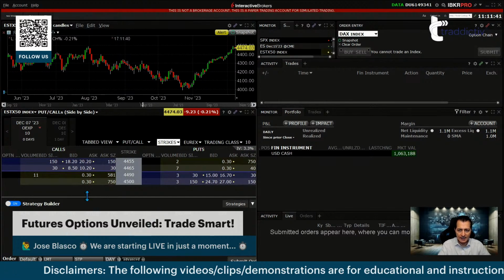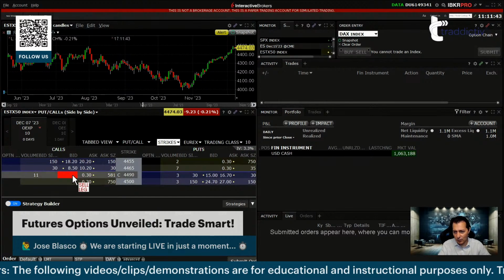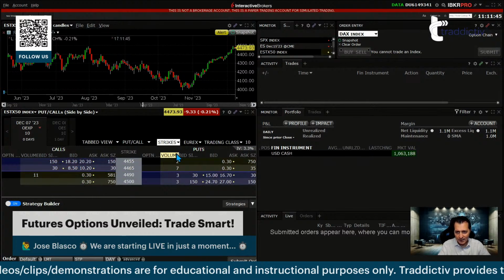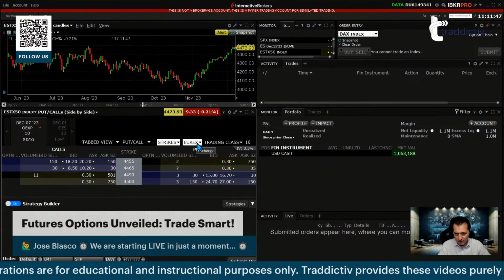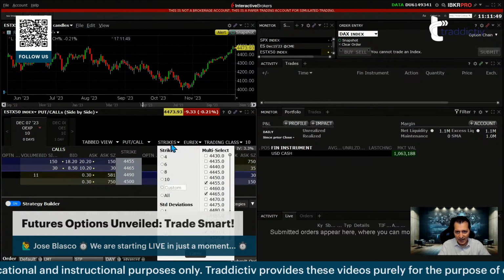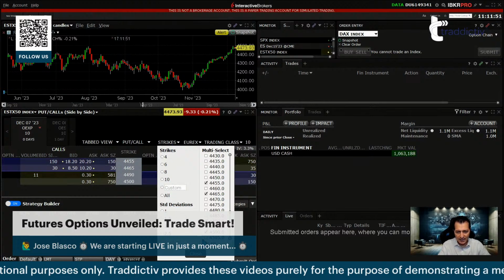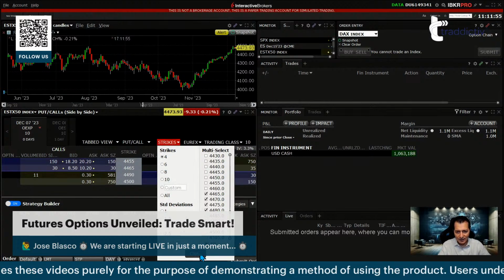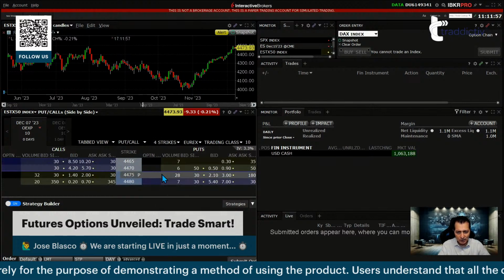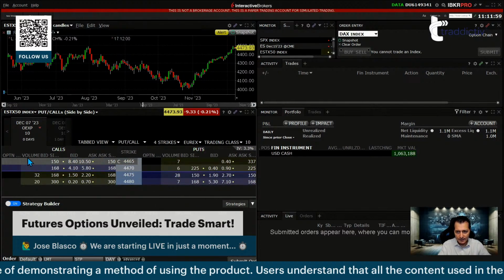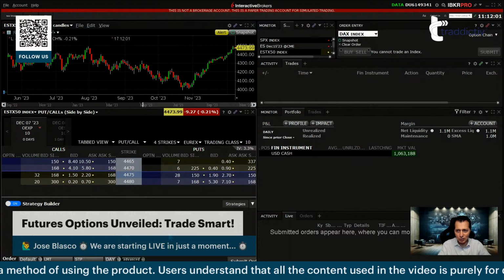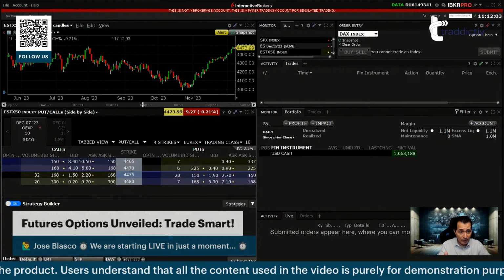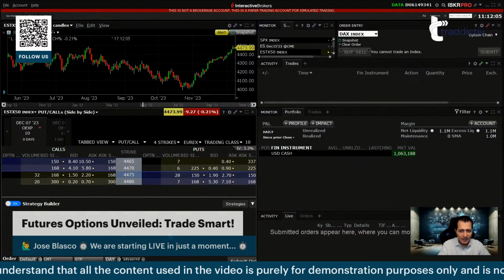Okay, and I'm missing a few ticks here for whatever reason, but I believe it has to do with the fact that I'm using a simulated account. And to be honest, now that I'm talking about it, I believe I don't have market data enabled, so I'm just getting screenshots, and that's why I got missing data on my option chain here with the Eurex products. Sorry about that. But again, very nice product.